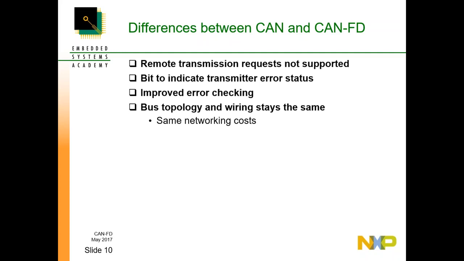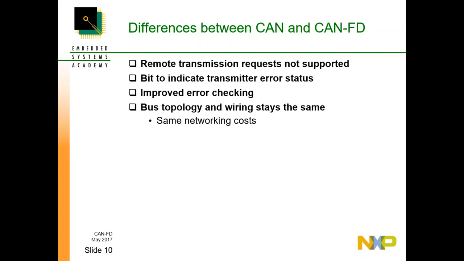Classical CAN has a weakness that was discovered after it was already in widespread use, so too late to change, and it allowed, in specific situations, 2-bit flips in the data to occur without being detected, despite the use of a CRC checksum in each frame. So CAN-FD solves this weakness by changing the way the CRC and special bits in the frame are used to detect errors. With CAN-FD, it now requires 6-bit flips to occur before errors cannot be detected,